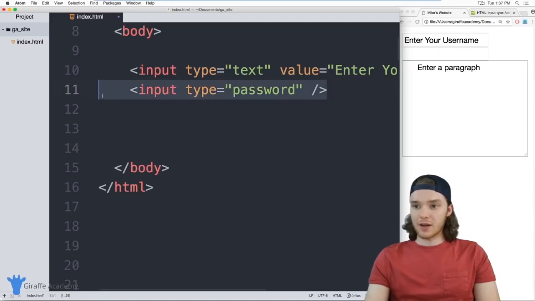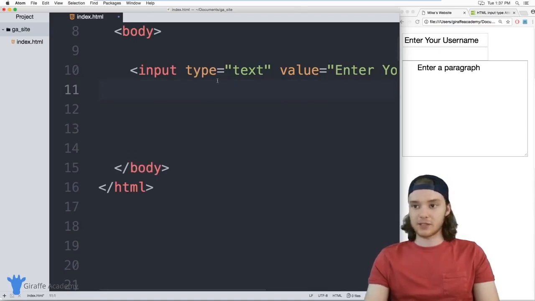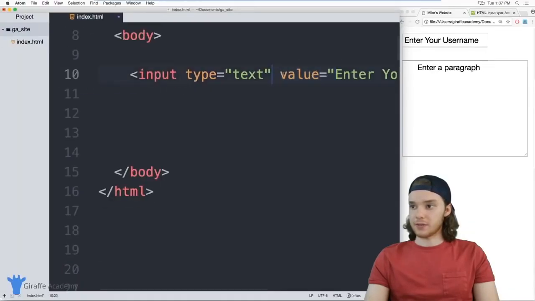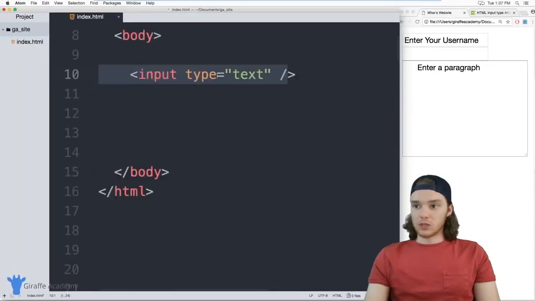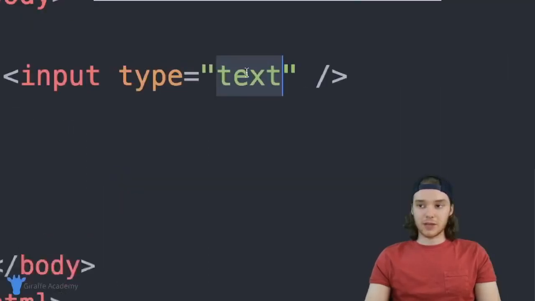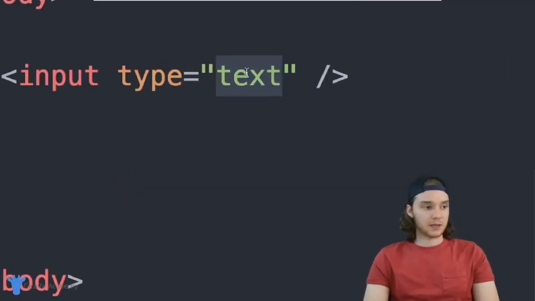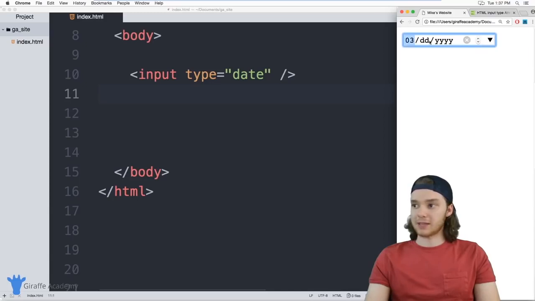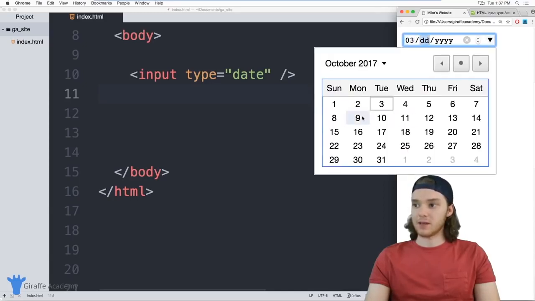There's a couple other input tags that we can look at. So there's different types of input that you can accept. And I'm just gonna get rid of this value actually. In addition to accepting things like text, we can also accept something like a date. So a lot of times you might have someone enter their birthday or something. And you can see now the browser is displaying this little date input for us, and you get this